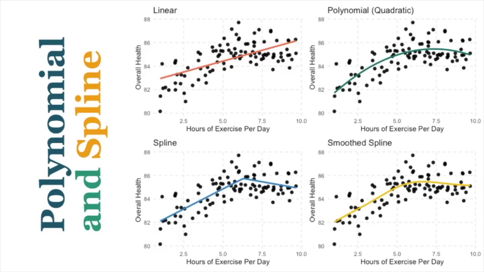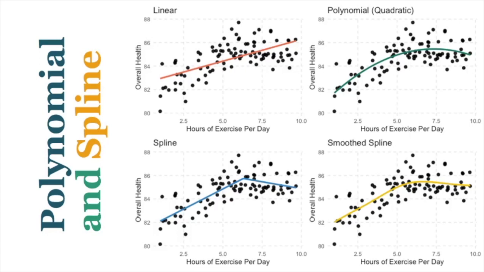However, if you're past that cut point, so you're past that 6.5 where it is that sharp cut, then we'd say anything beyond there, if you're increasing your exercise, it's actually going to hurt you. The best thing you could do at that point is actually decrease your hours of exercise. And then this last one, the smooth spline, is essentially a combination of spline and the polynomial, where you're still splitting it up into these pieces that the spline does, but now instead of just a sharp corner, it smooths those over with a really nice